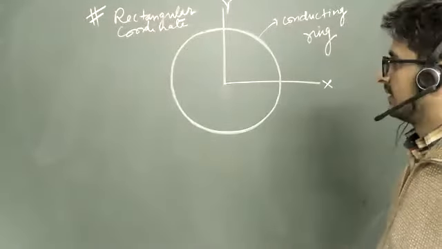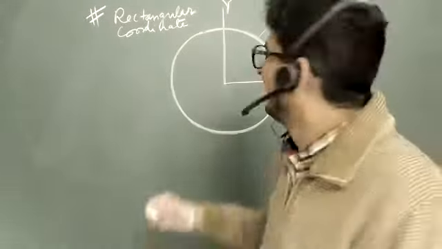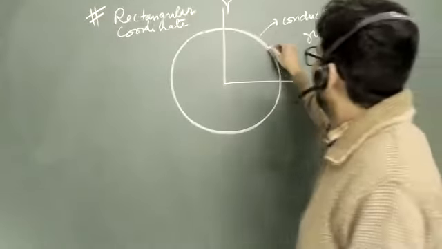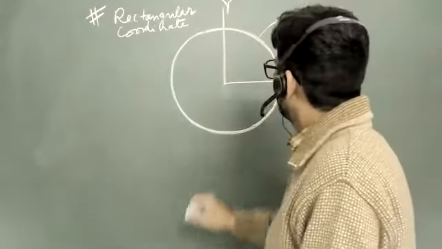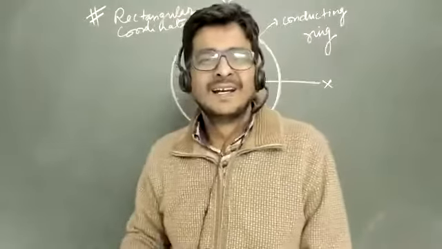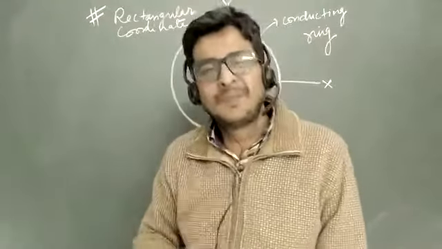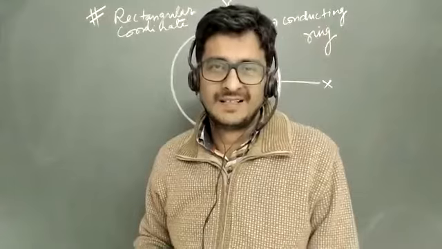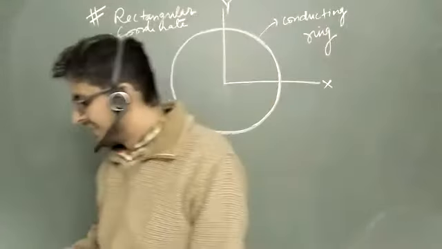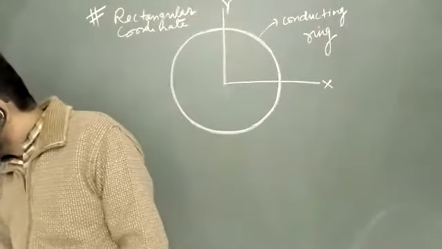Surface charge? No, the ring is there. This is a ring. Line charge. So look, it is such a simple thing. Just a ring is there. So what type of charge density will we have? Line charge density. And that line charge density is given, that is